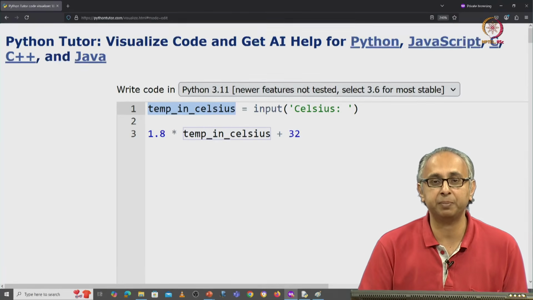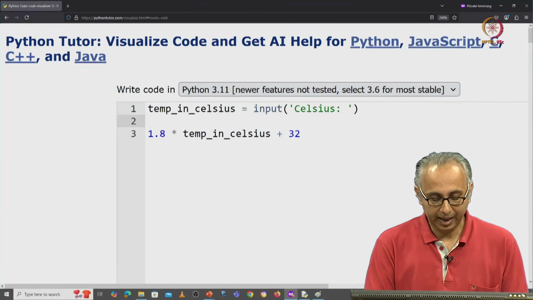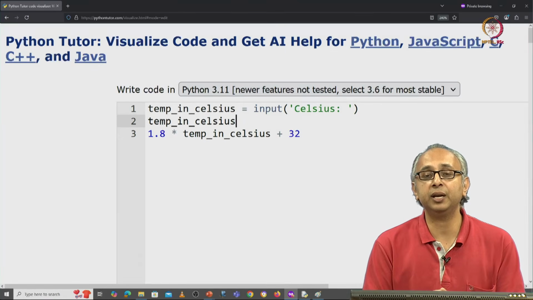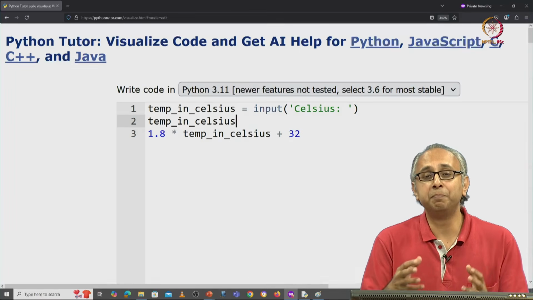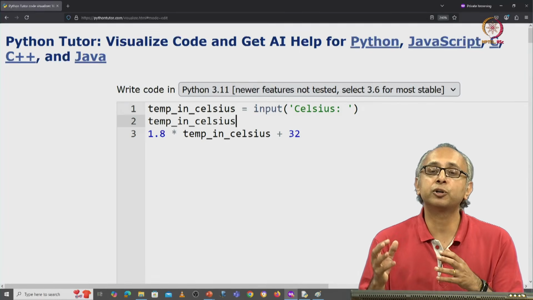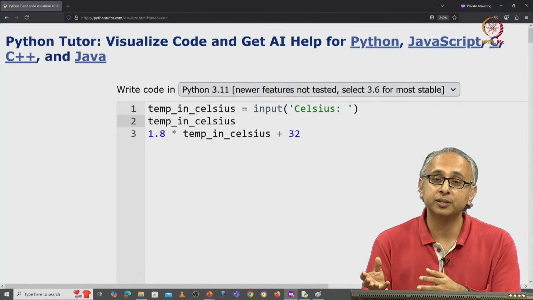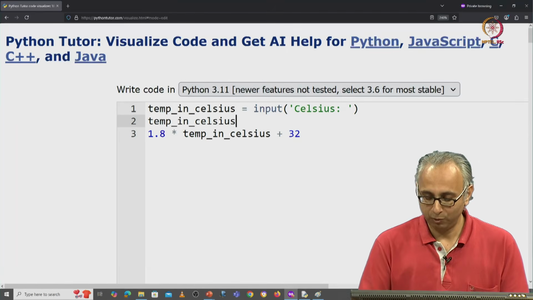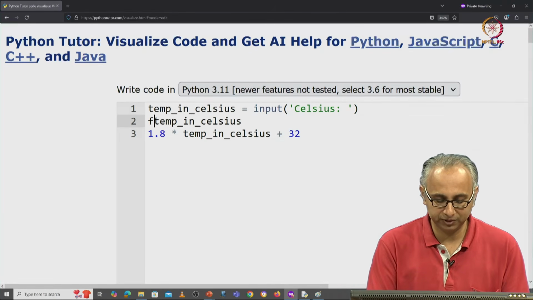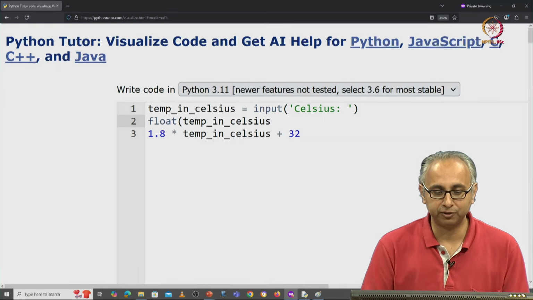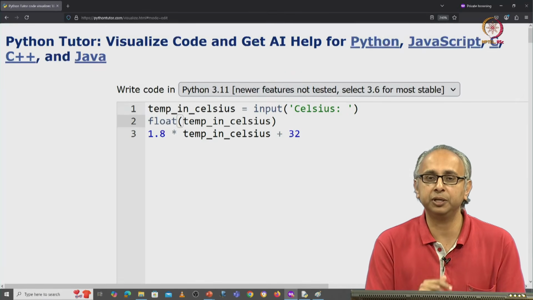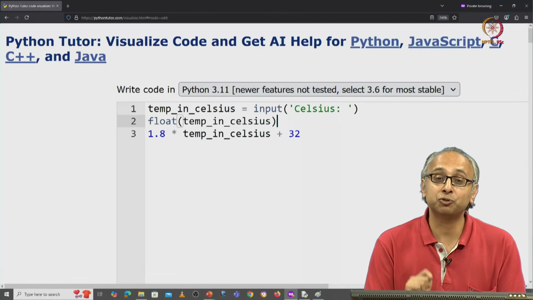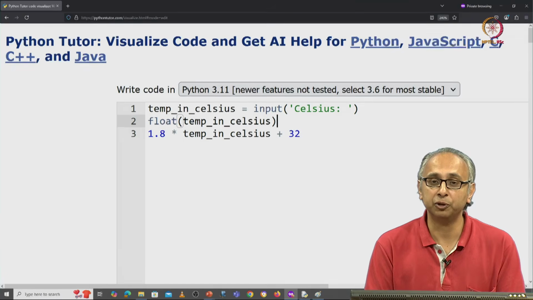Let me copy that by pressing Ctrl C. I would like to take that string and convert it into a float. Is there a built-in Python function for converting strings into floats? Well, it's not actually a function as we have seen, but we are going to treat it like a function. There is a function called float which will convert anything that you give it, including a string, and it will at least try to convert that into a float.